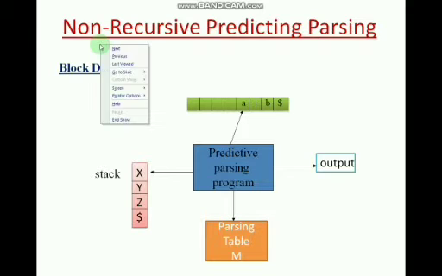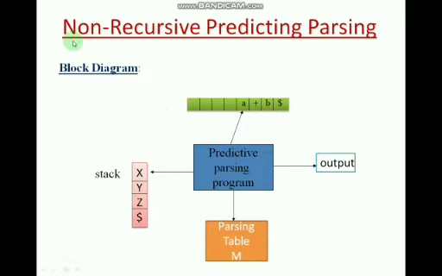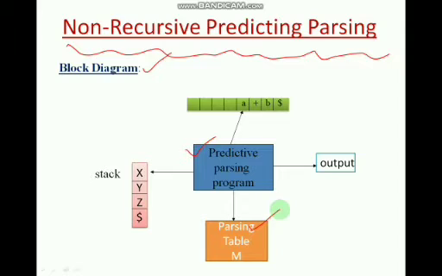So, as you can see, the topic is non-recursive predictive parsing table. This is one of the top-down parsing techniques, and you can see its block diagram. It has the following components. One is the parser program, that is the main parsing program. Second is the parsing table, that is used to make parsing decisions. This is the input tape, that is used to store the input string to be parsed. And this is the right hand marker of the input string to be parsed, and this is a stack.